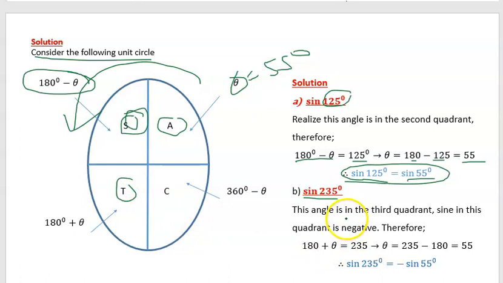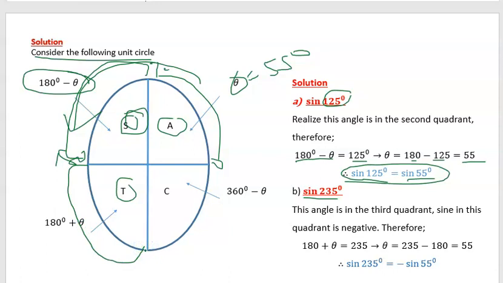How do you know that? Remember, for the first quadrant, angles are from 0 to 90. For the second quadrant, angles are from 90 to 180. Angles from 180 to 270 are in the third quadrant, and angles from 270 to 360 are in the fourth quadrant. So if you look at the angle